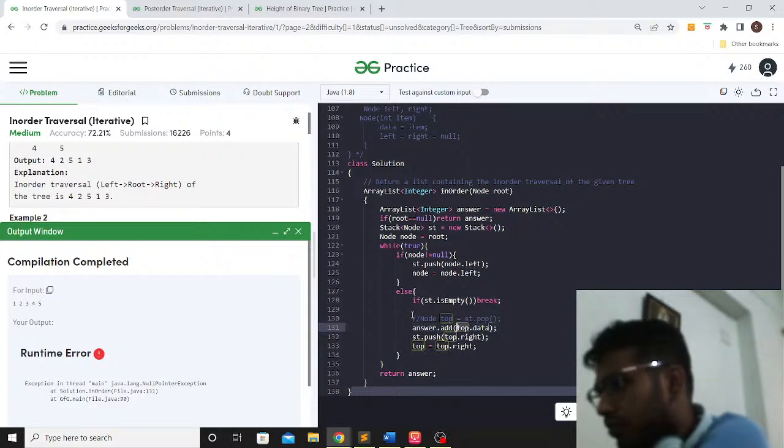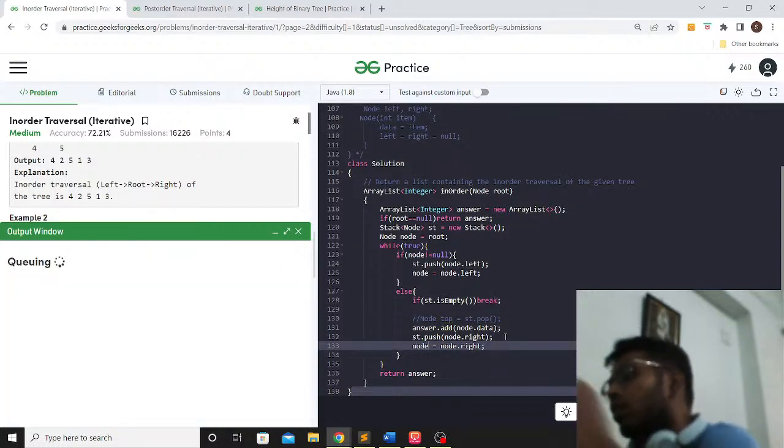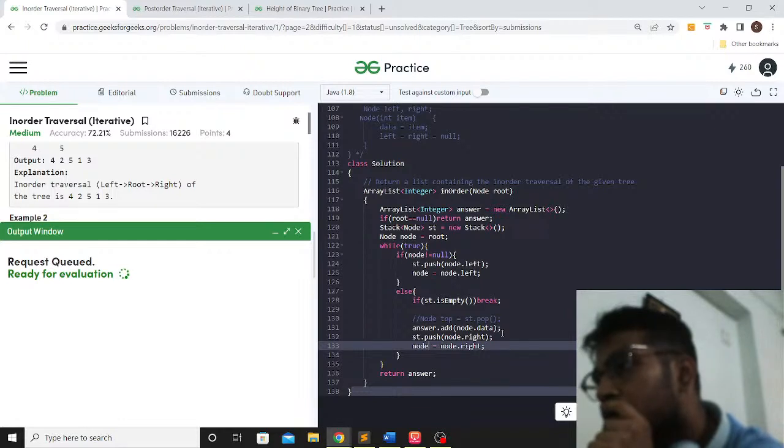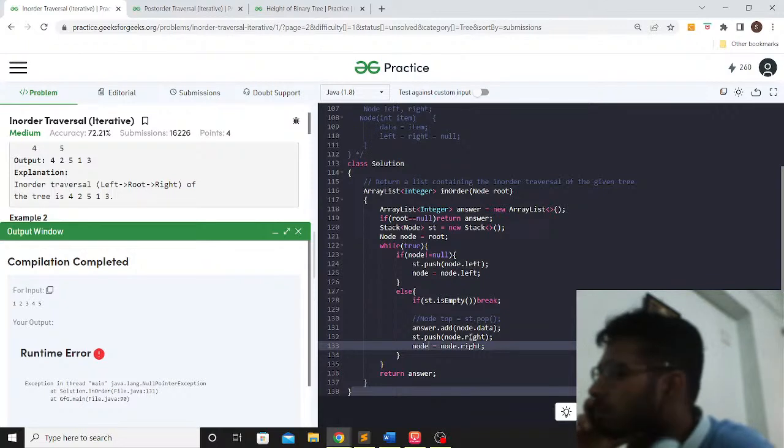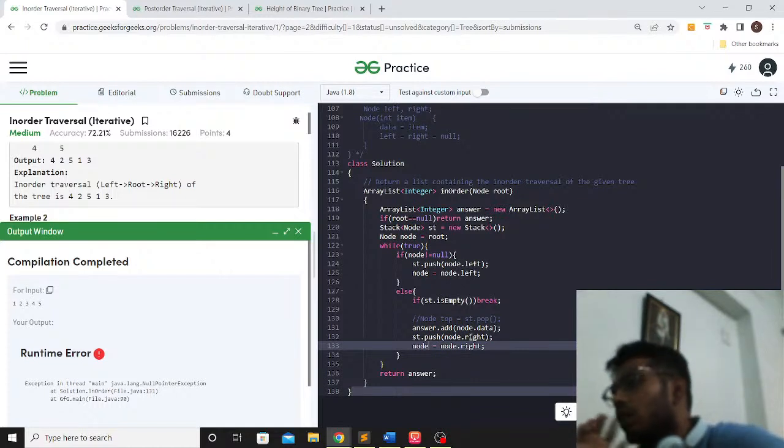Seems like, wait a second. Okay, fine, so you pop it and it became null. Now we need to add the node.data to